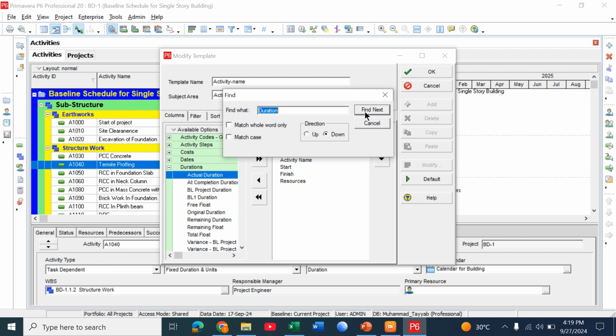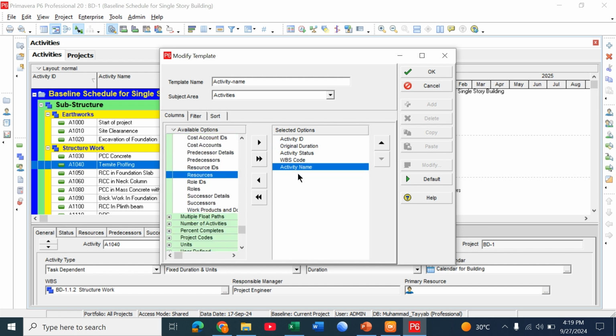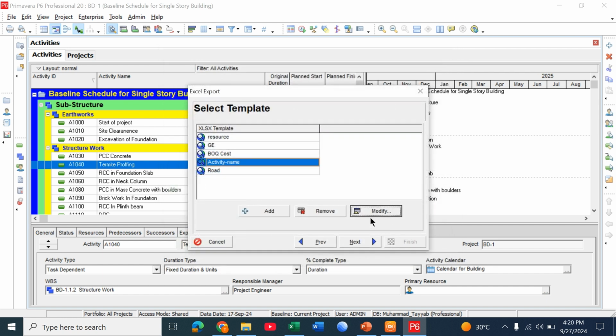and next, here comes original duration, add this. Also we don't need start date, finish date, or resources. We just need activity ID and activity name, activity duration, activity status, and WBS code is okay. Let's remove WBS code, it's okay. So click OK, next,